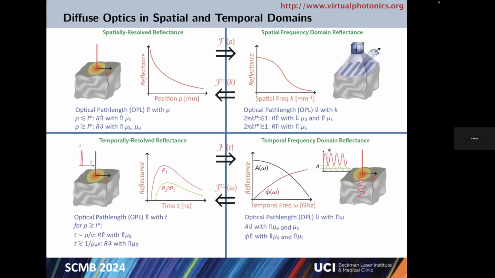So the bottom line in terms of temporal frequency domain is that you're going to see reductions in amplitude with increases in either absorption or scattering, and that reductions in absorption, which kills off photons at shorter path lengths, and increases in scattering, which increase your differential path length, will both lead to increases in phase. And that's where your intrinsic sensitivity to absorption and scattering lies for amplitude and phase